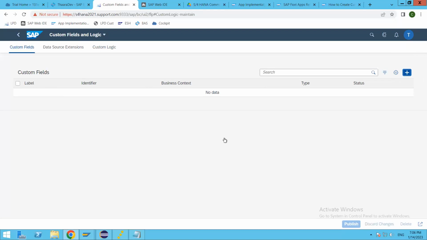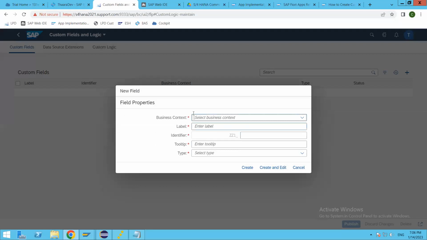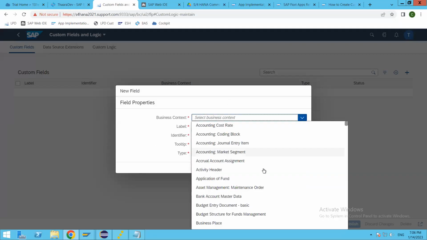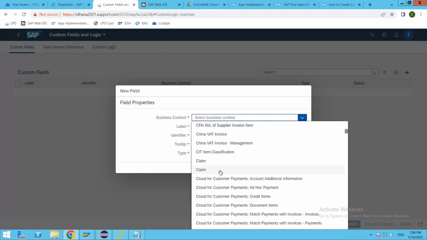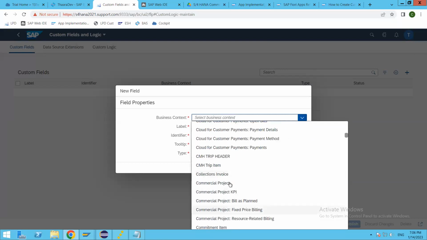If I click on create, it will give me the list of business contexts, and this list which we have seen there is all the list of the BAPIs or iDocs, OData services, etc. Whatever is enabled as a business service from the system will be listed down here. So if we want to pick up any